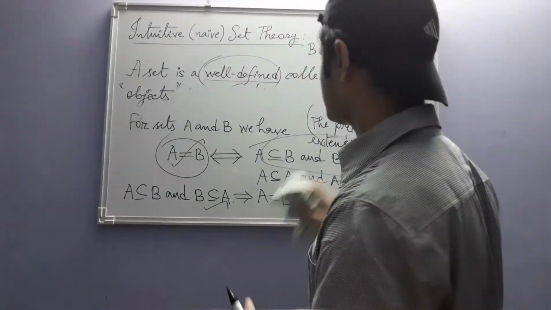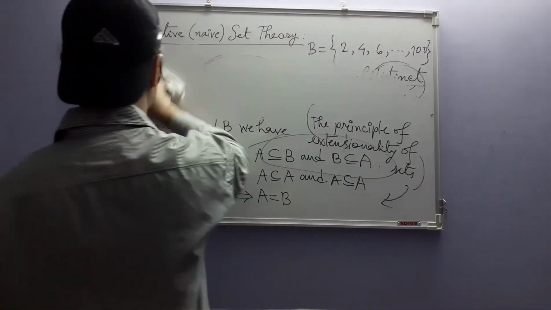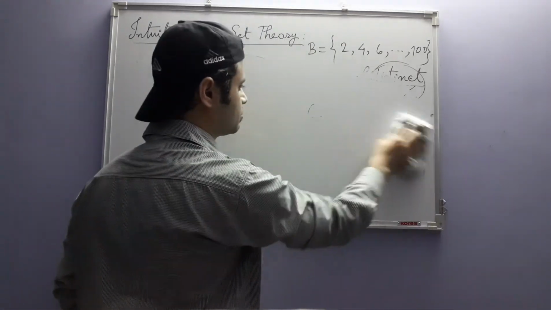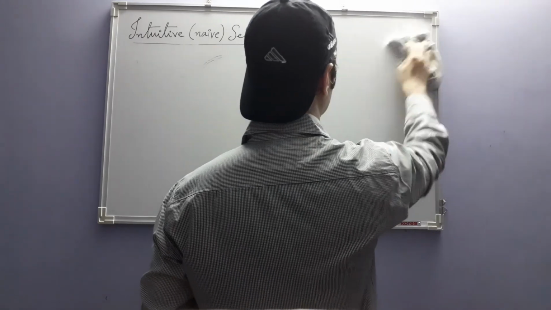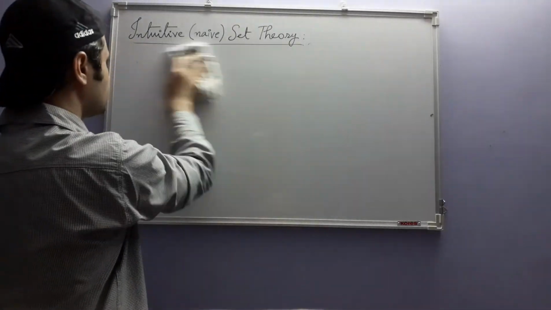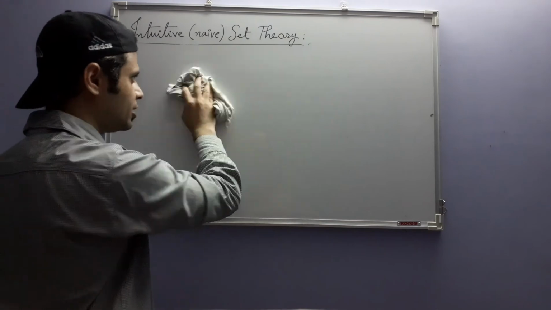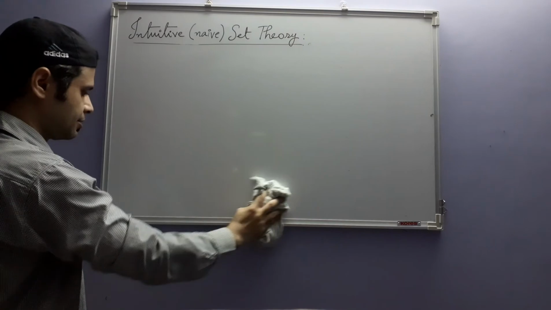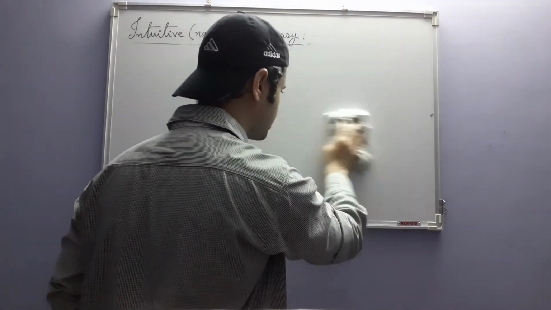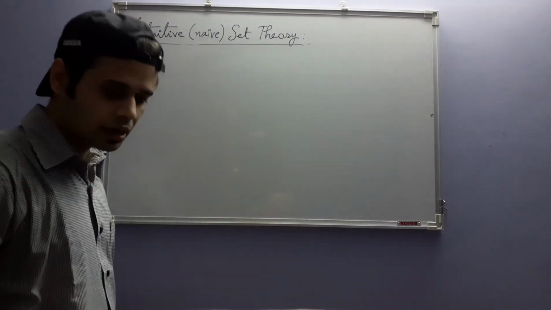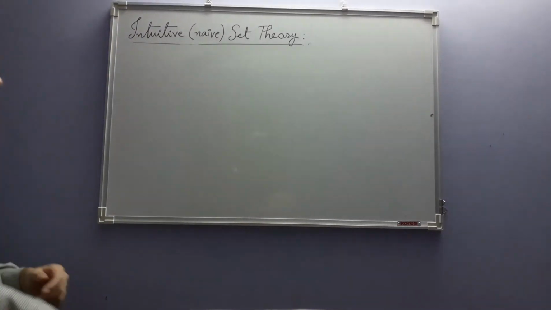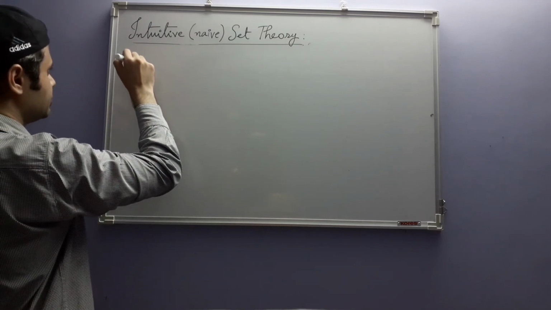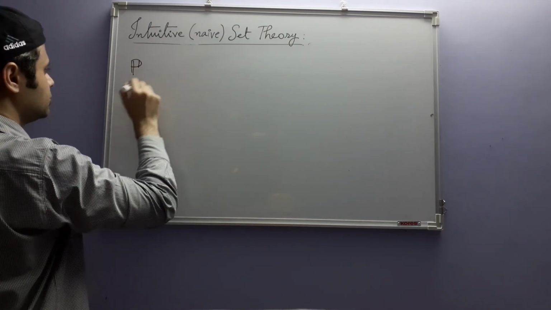Now, as I have already told you that capital letters are used to denote sets, but some special symbols have been reserved for special sets which arise most often in mathematics. So the symbols are like this, and some sets